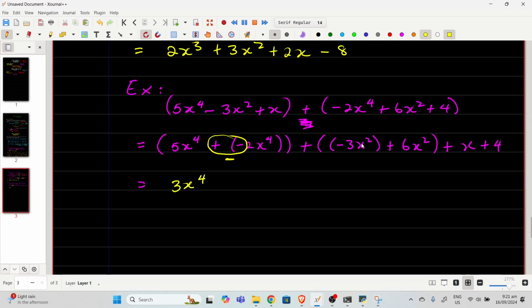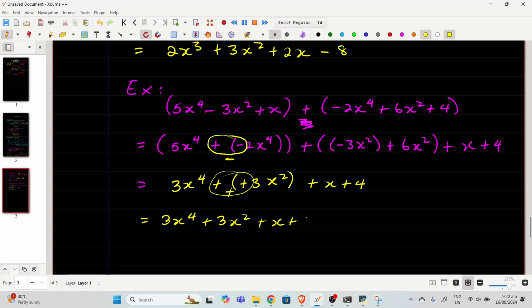Then we look at this. Now inside of here we have to say negative 3x squared plus 6x squared. So if I start from negative 3 on the number line, and I count 6 places to the right, then I'm going to get positive 3. So I'm going to have here plus, open bracket, positive 3x to the second power, close bracket, plus x plus 4. Again, this here combines to give us a plus, and we get 3x to the fourth power plus 3x squared